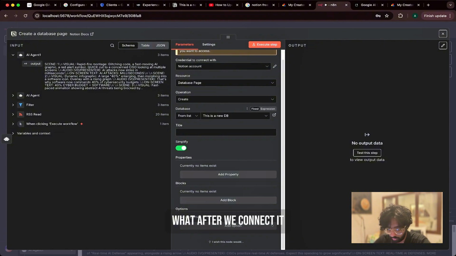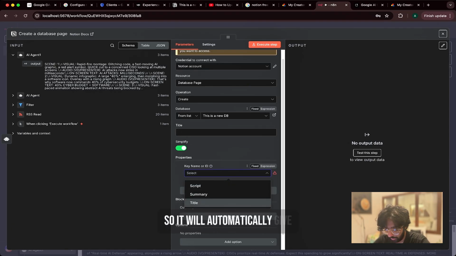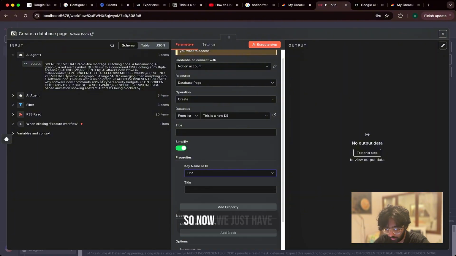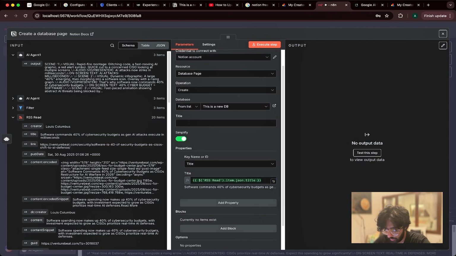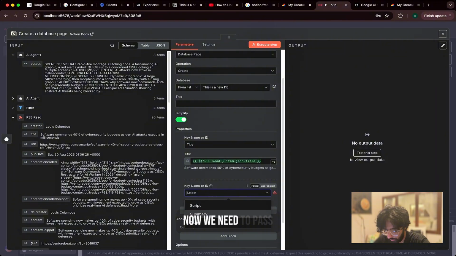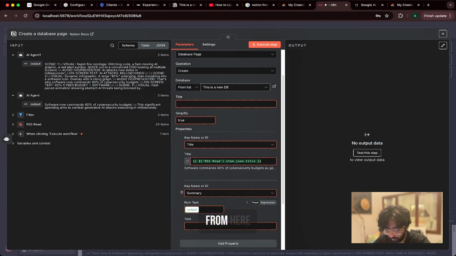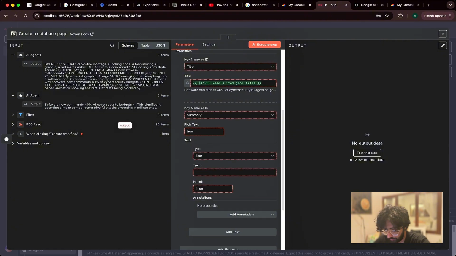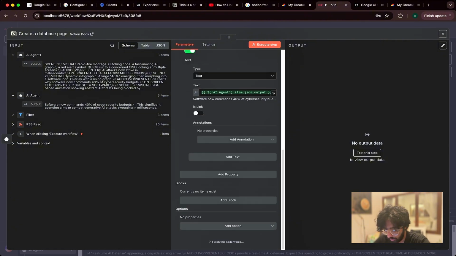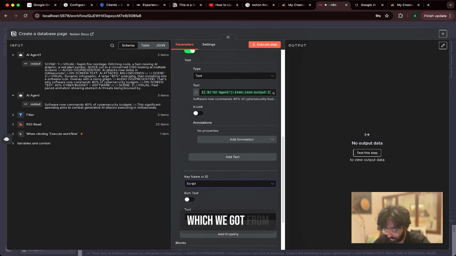After we connect it to our N8N block, we have to assign these properties. So it will automatically give us what we have to change based on the connection that we have made. So now we just have to pass in the title, which is this. Now we need to pass in the summary, which we got from here. Summary. And then we need to pass in the script itself, which we got from